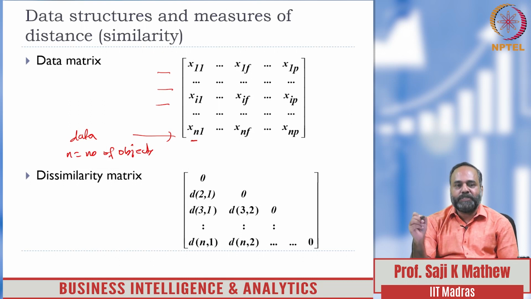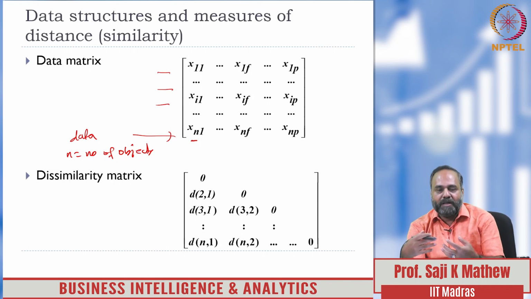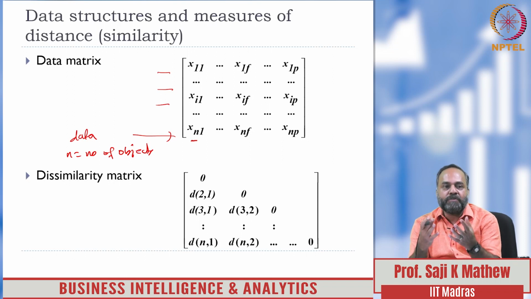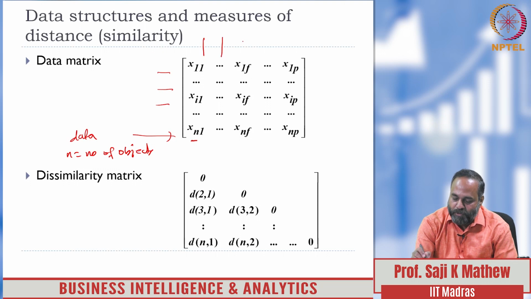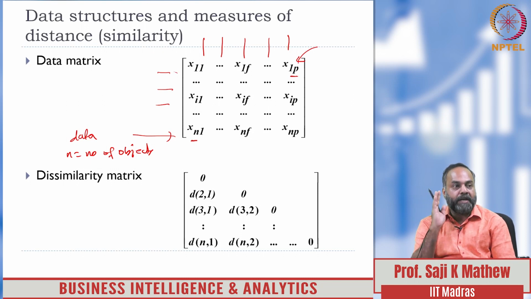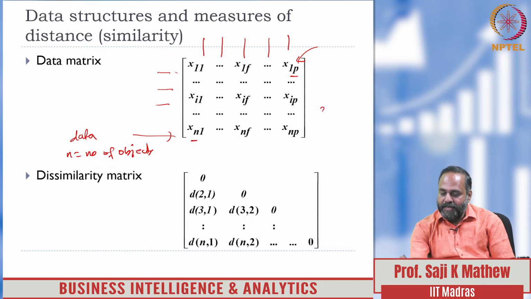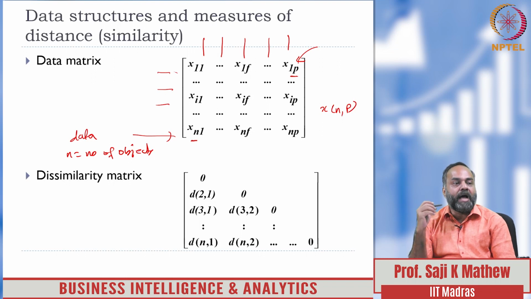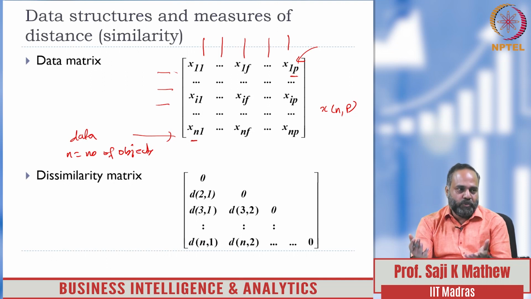Each record is an object, assuming that each record has originated from someone, some object, and it consists of the features of that object. So, what are the features or attributes? They are in the columns, and a given object has how many features? P number of attributes. Each individual or object is characterized by P attributes. So, you can say it is an n into P matrix that would capture your whole data. Columns stand for the attributes or features, and rows stand for the different objects or records, and that is how you represent and interpret a data set which we use for clustering